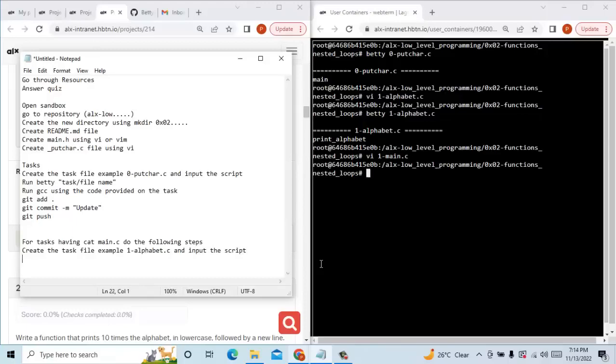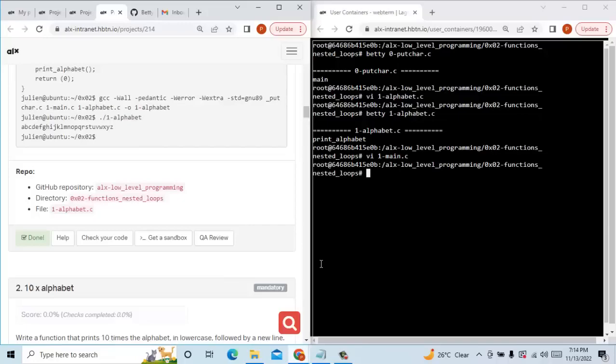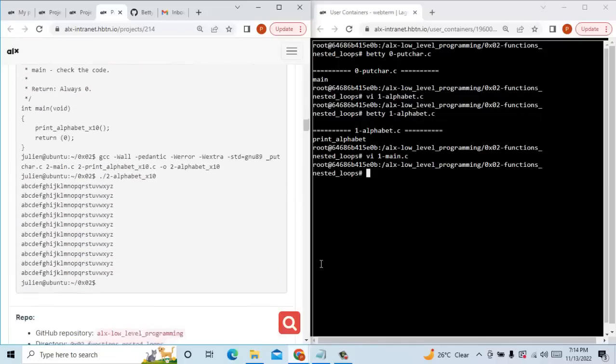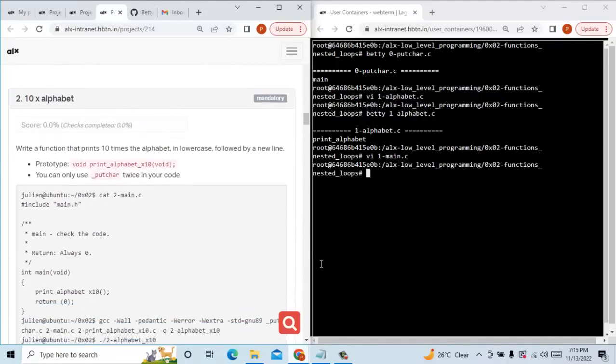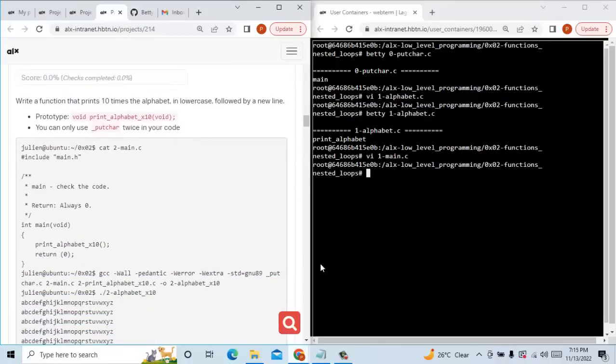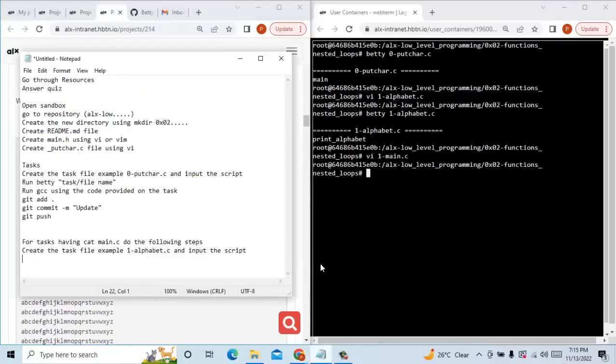Once you're done with that, the next thing to do is you run, as long as it's this file, the one that you've been instructed to do, you have to run your Betty. So the next thing to do is run Betty,